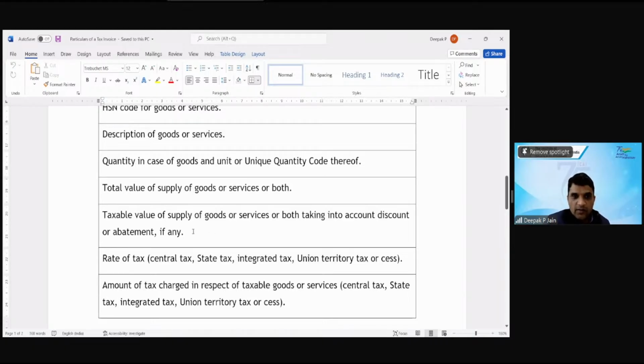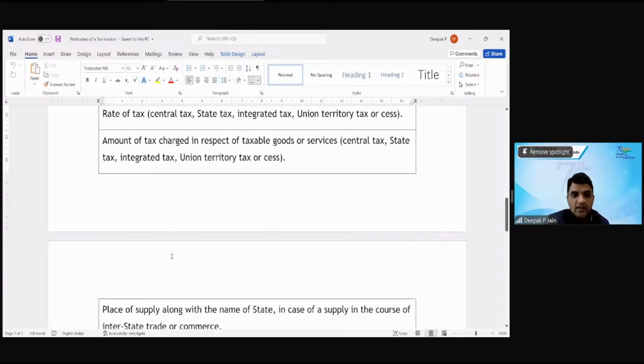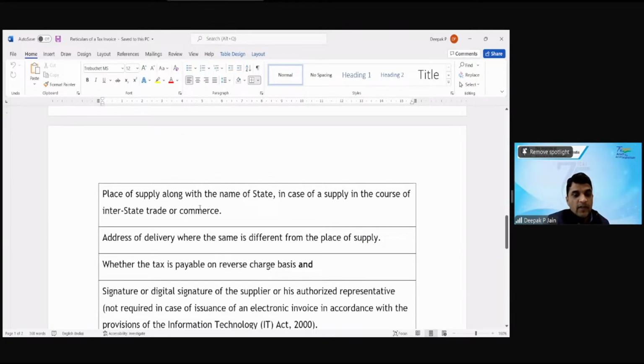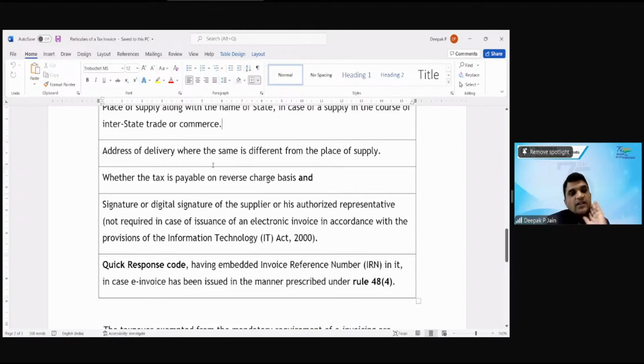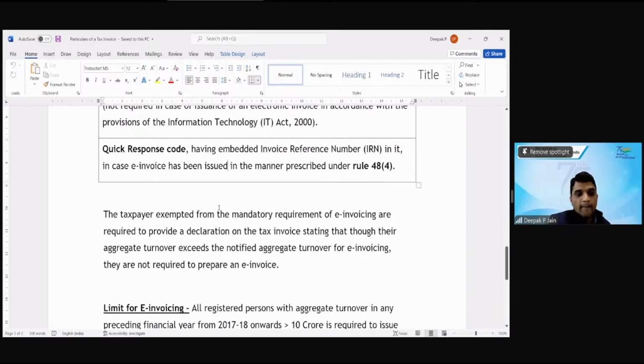Total value of supply taking into account discount or abatement, then rate of tax. रेट ऑफ टैक्स में भी अलग अलग करना पड़ेगा, सेंट्रल टैक्स, स्टेट टैक्स, इंटीग्रेटेड टैक्स, व्हाट इज द अमाउंट टैक्स इन रेस्पेक्ट ऑफ टैक्सेबल गुड्स और सर्विसेज, देन प्लेस ऑफ सप्लाई, address of delivery, whether tax is payable on reverse charge, signature होना चाहिए, either physical signature or digital signature, and quick response code in specific cases. Okay,